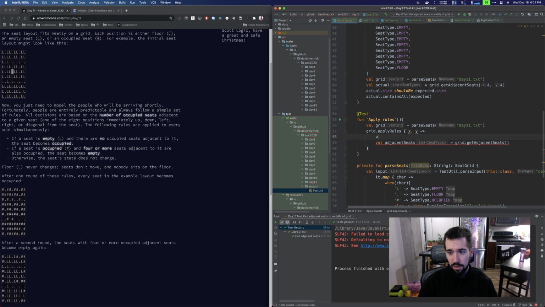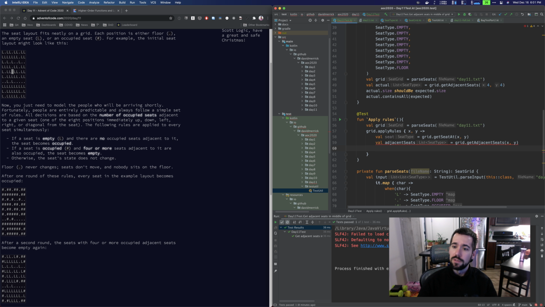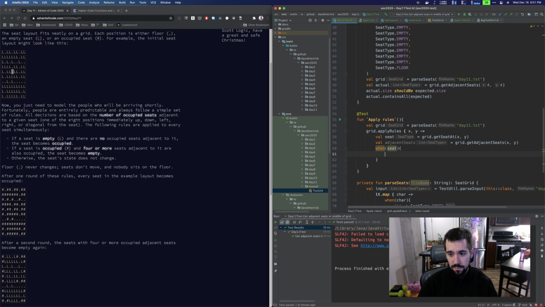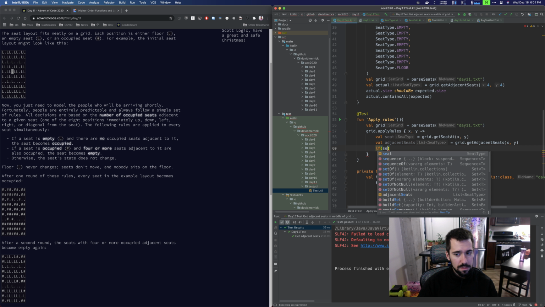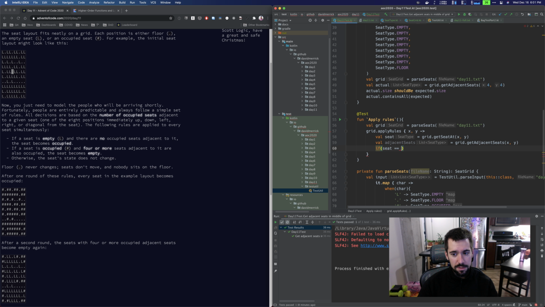So we're going to do val seat is grid.get seat at xy. Adjacent seats, we need to get the adjacent seats at xy. Then we need to, when seat, well, I'm going to just do if seat is empty,